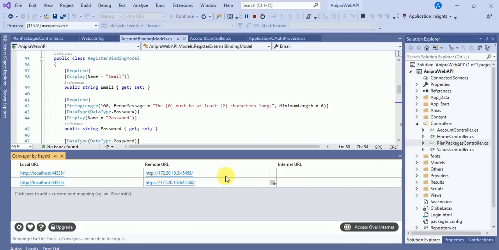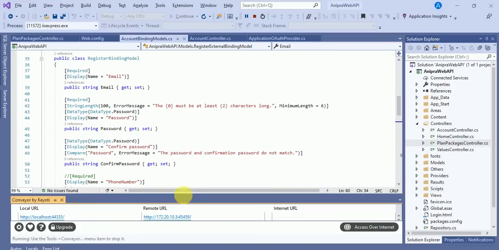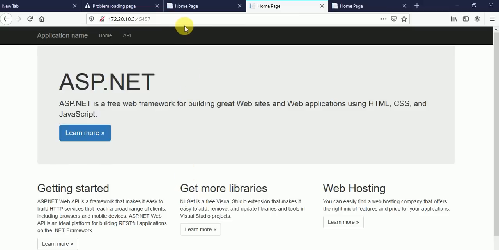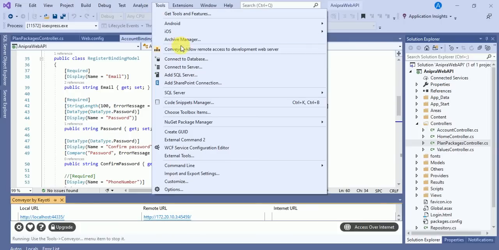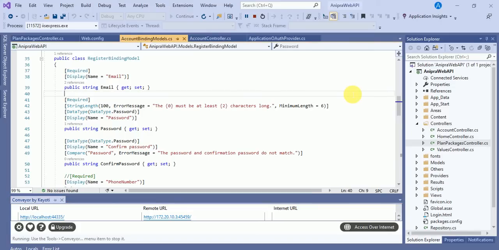On this IP address you can run your web API. How you can get this extension, I told you in my previous video. Basically this is the conveyor provided by Visual Studio. I'll drop a link in my description, or you can watch my previous video.